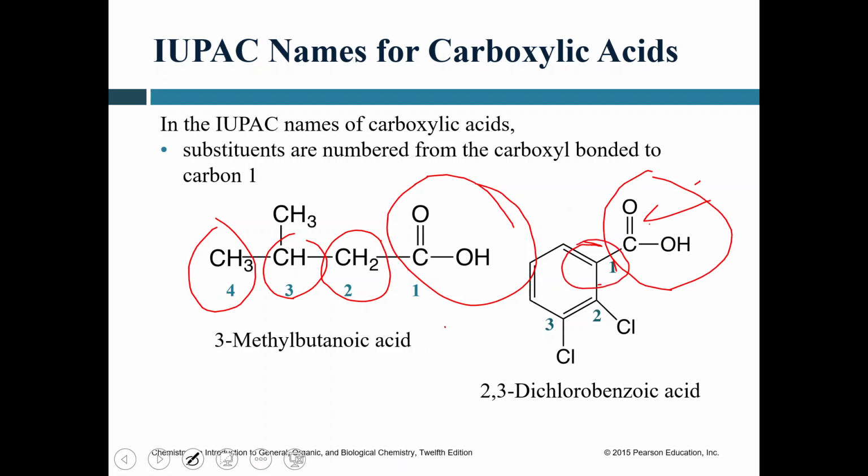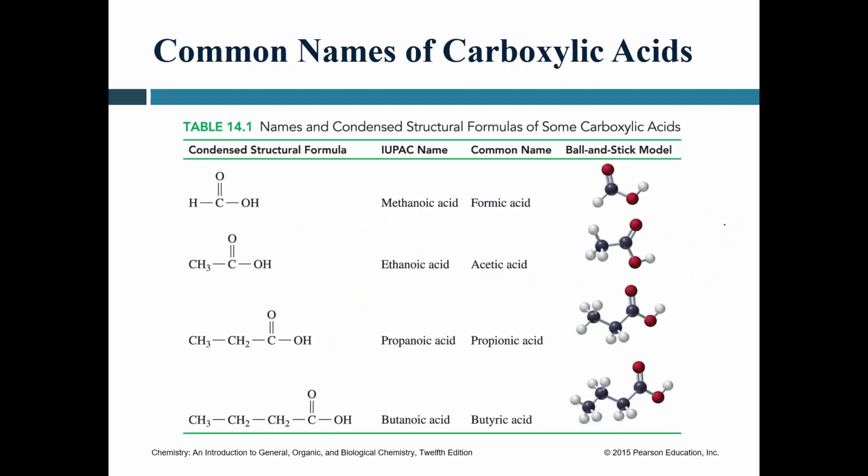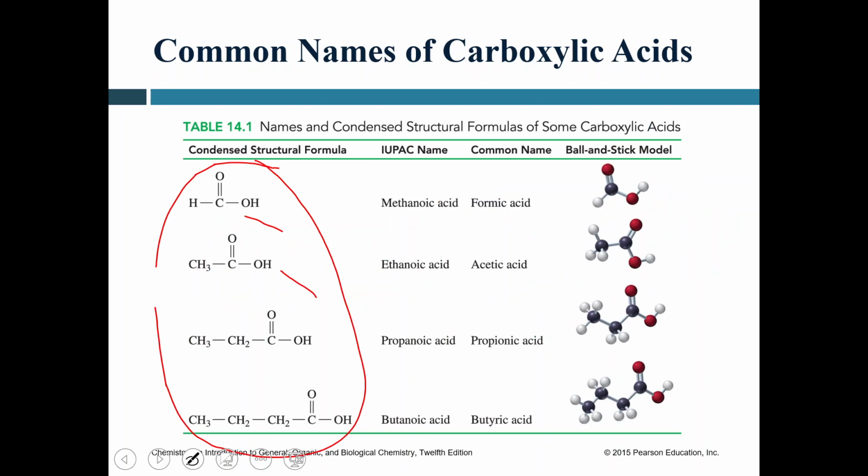It's the first carbon attached to the carboxylic group. So the naming rules for aromatic carboxylic acids are slightly different. We're not going to focus too much on aromatic carboxylic acids, and we're going to just go with typical fatty aliphatic carboxylic acids. So here's the table showing you the first four carboxylic acids: methanoic, ethanoic, propanoic, and butanoic, and